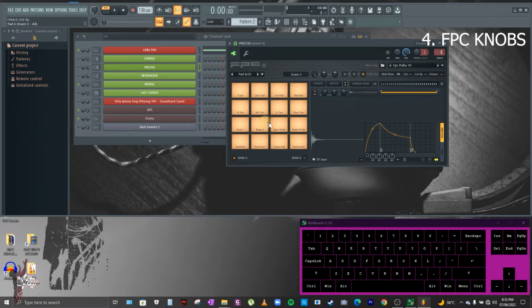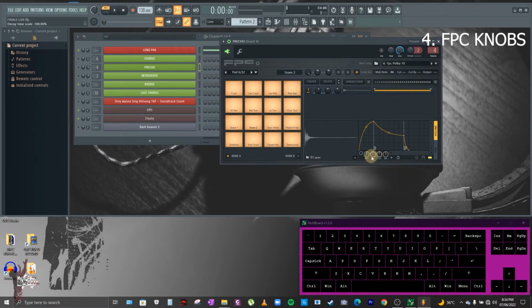Okay. Now I'm going to talk specifically only about these 4 knobs you can see at the bottom of the FPC. This first knob is called attack, the second one is decay, the third one is sustain, the last one is release. So I'm just gonna talk a little about these so you have an idea if you want to adjust your pads according to your likings. This will also add some small details or small improvements into each pad.